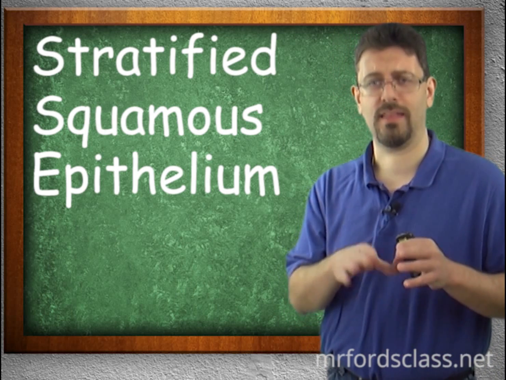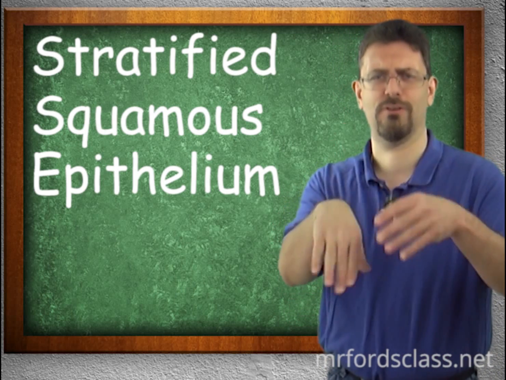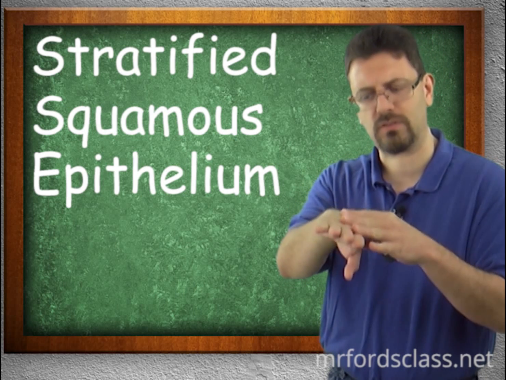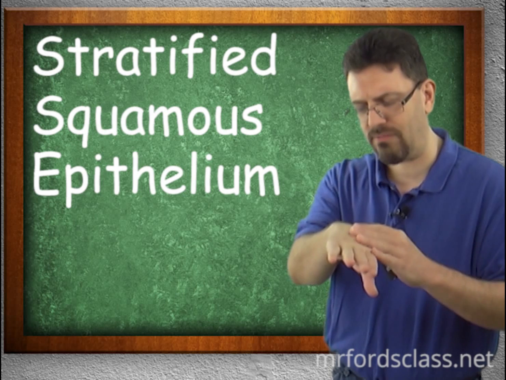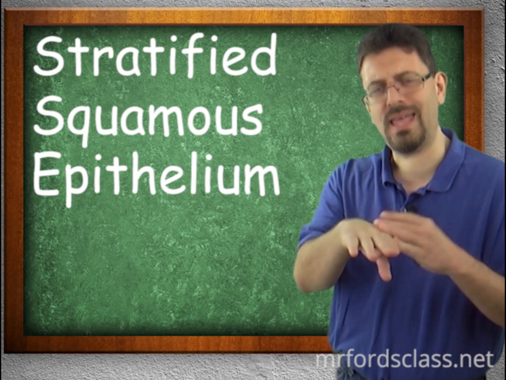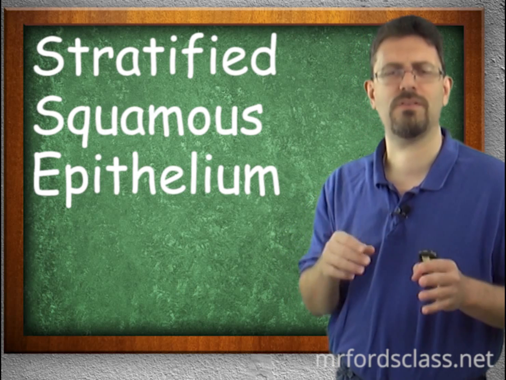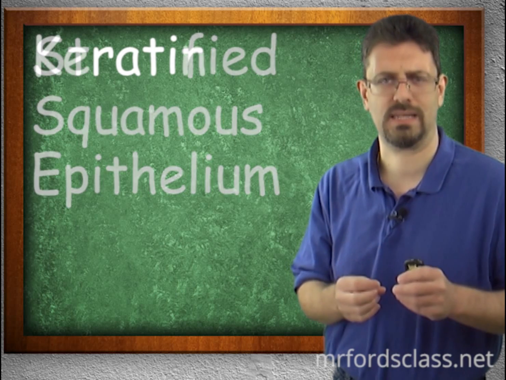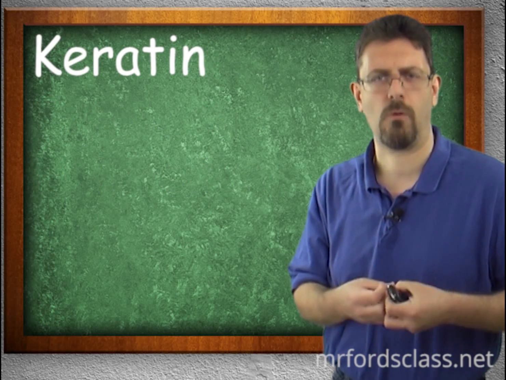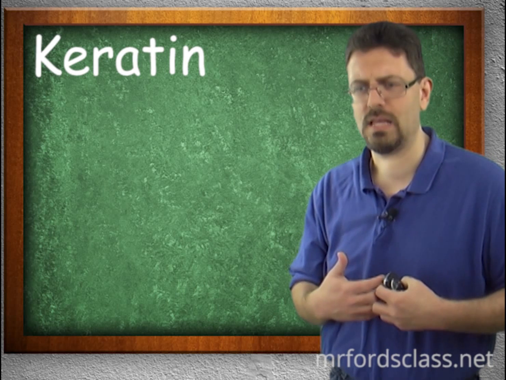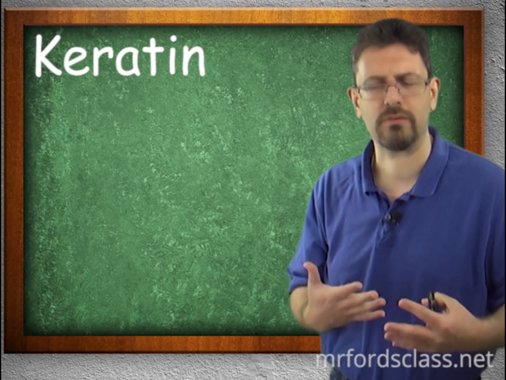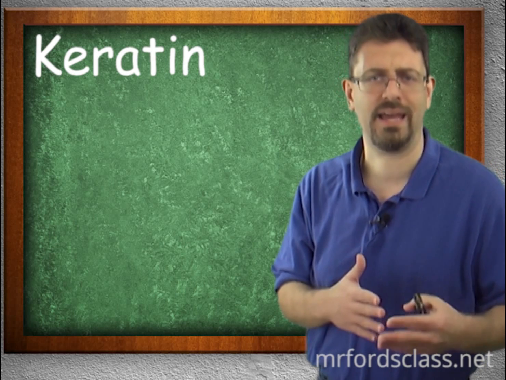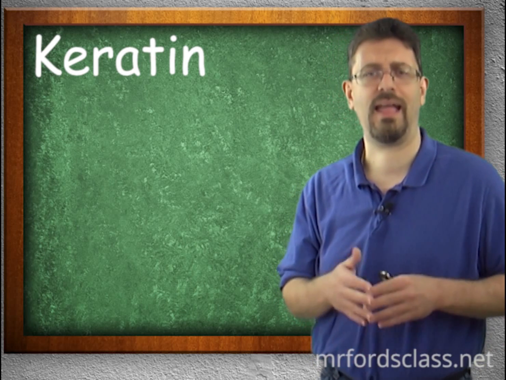Now, take your tongue and lick the back of your hand. No, kidding. You're in your own home, so do whatever you want. But you can see and feel the difference, okay? This is also stratified squamous epithelial tissue, and so is the stuff in your mouth. The difference comes in when we're talking about keratin. Keratin is a protein that will infuse the cell, making it tougher, making it more resistant to water loss. It's more important in areas that have high wear and tear. The non-keratinized doesn't have that protein.